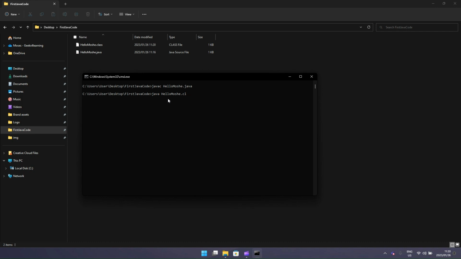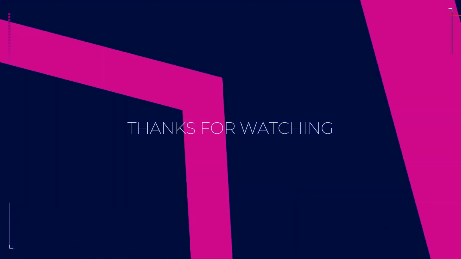Now, ideally, you don't need to have the extension class, because automatically when you say java and then give a name, Java will go looking for a class that matches the same name as the one you put here. Then it's going to run that bytecode for you. So that's how this will be able to work. So java HelloMoshe is going to print out HelloMoshe for us. And as you can see, we were able to accomplish that. And yeah, so this is pretty much your first Java